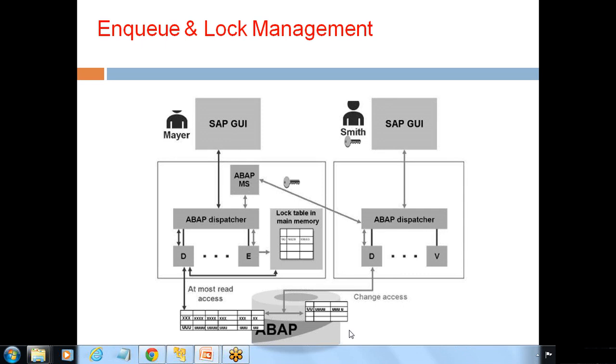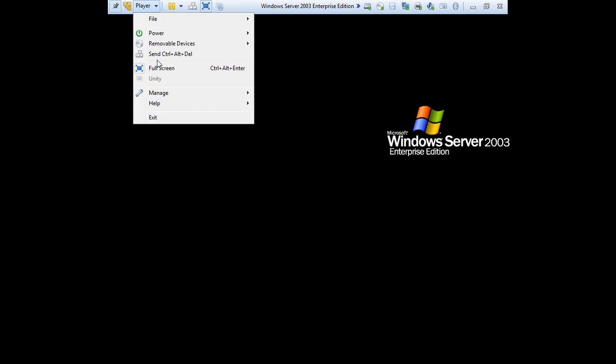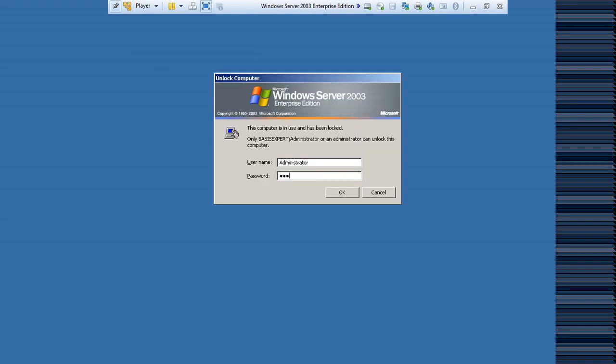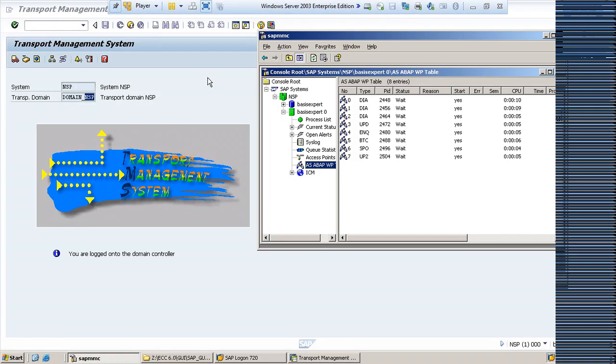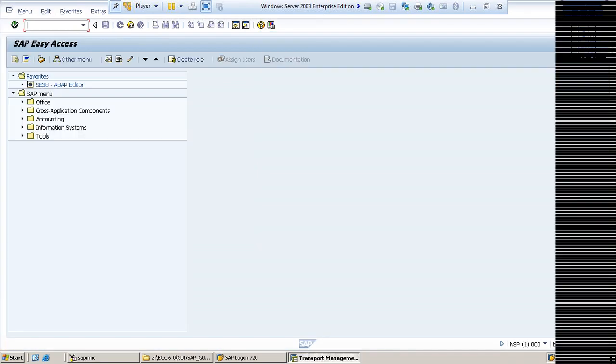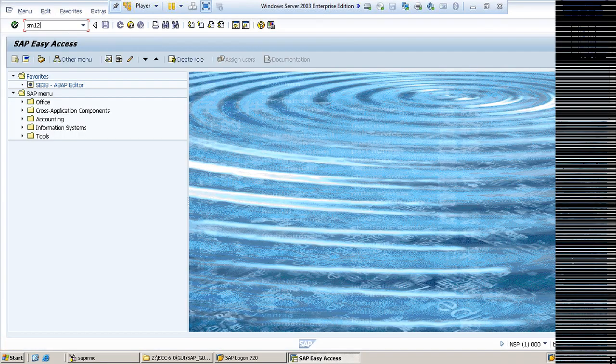If the user wants to access the data and it needs urgency, then what? As an SAP Basis consultant, you need to communicate with that user. How to check the locks? You have to go to SM12, the transaction code which displays the locks that are currently set. So if you hit SM12,